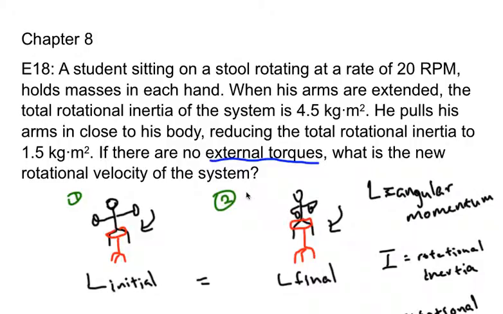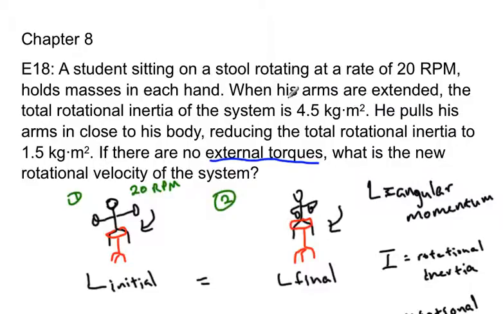Okay, let's do another problem from chapter 8. A student sitting on a stool rotating at a rate of 20 RPMs holds masses in each hand. That's what I've drawn here. He's going at 20 RPMs, rotations per minute. When his arms are extended, the total rotational inertia of the system is 4.5 kilograms meters